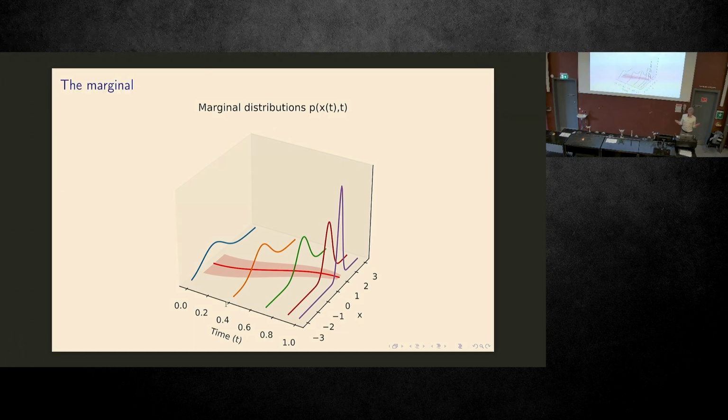So what is the marginal and how do I denote it? I changed the notation here, so that I write the marginal as p of x, sometimes with index t, comma t. But it's very important to remember here that t is a parameter and x is a stochastic variable. It's just to highlight that this marginal distribution has an explicit time dependence. And it also has an implicit time dependence because x depends on time, right?